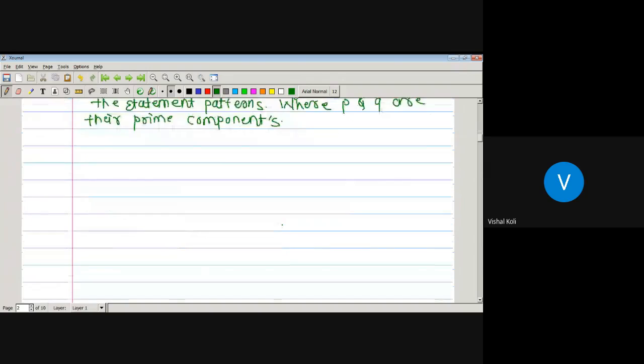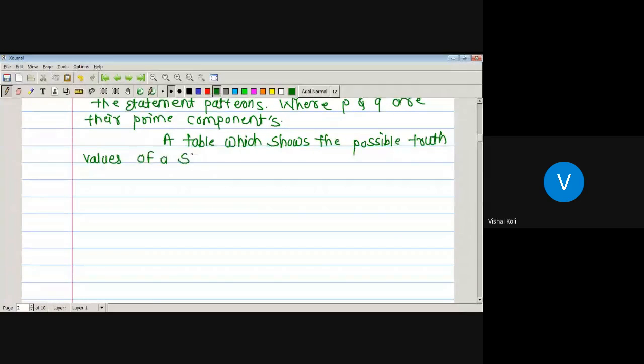A table which shows the possible truth values of a statement pattern